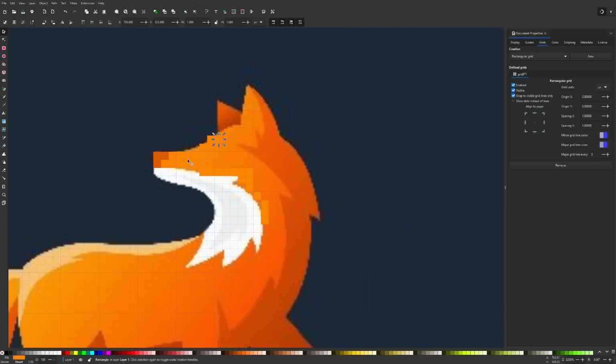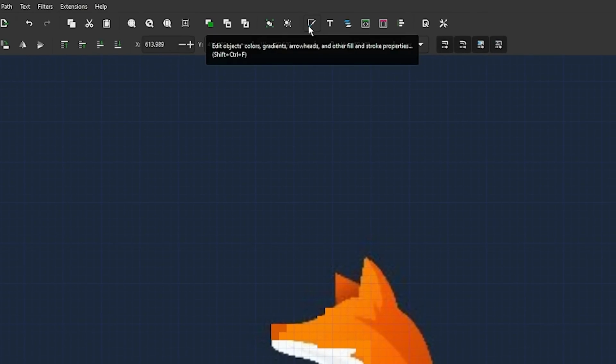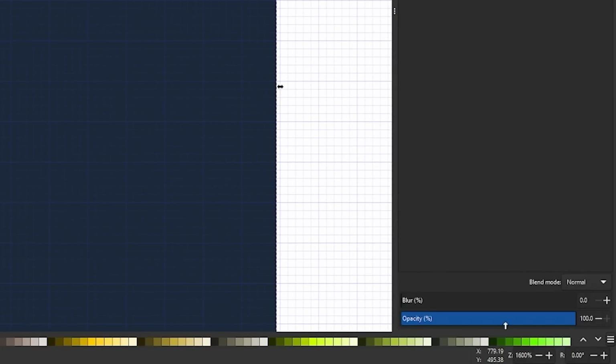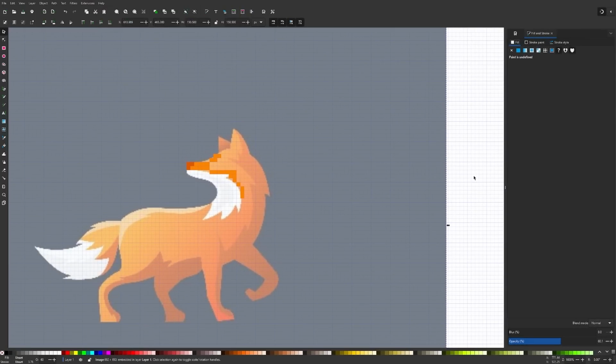Now, if you notice here, it's hard to see what's actually going on. So what I would recommend doing is clicking on the image and reducing the opacity of it. I'm going to open up the fill and stroke menu, which is located over here, and where it says opacity, I'm going to bring that down. And I would even recommend making the page darker than white so that you can see the white boxes when